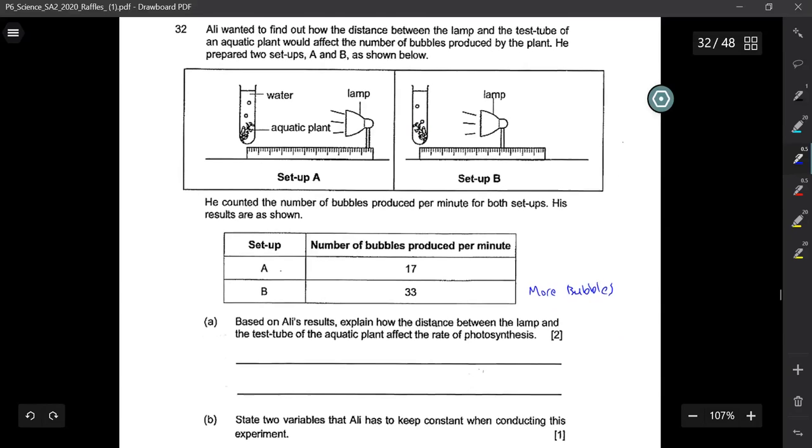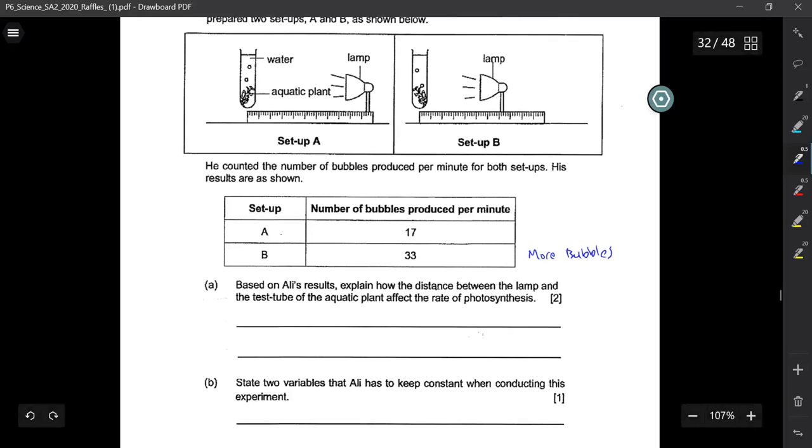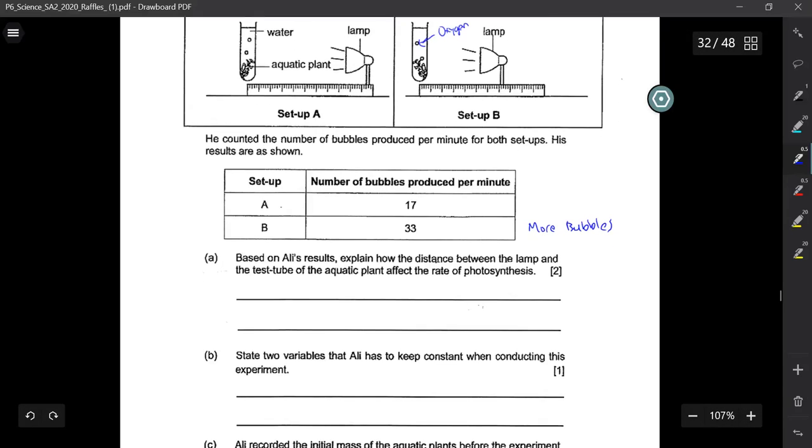All right. And then we just look at this. So A and B. B produces 33 bubbles per minute. A produces 17 bubbles per minute. So B produces more bubbles. So what really produces the bubbles with the aquatic plants in the water? It will be photosynthesis, right? So photosynthesis would produce oxygen, and the higher the rate of photosynthesis, the more bubbles produced because the more oxygen produced. So because the bubbles are oxygen, right? Like these little bubbles are oxygen. So what we can write here then is that